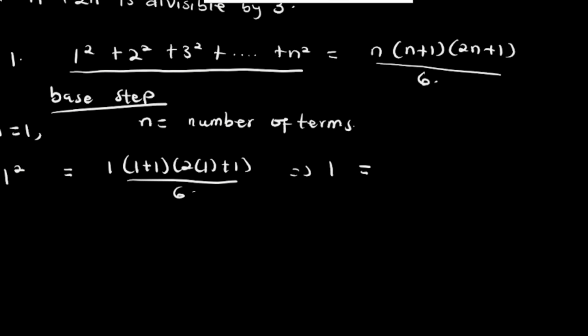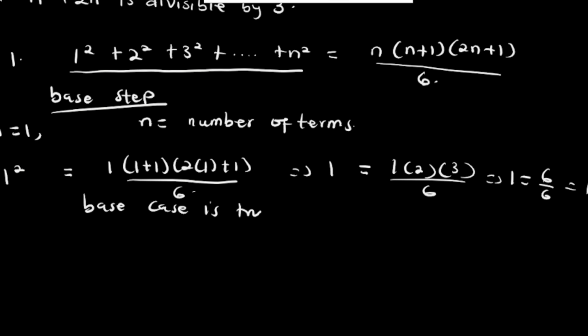This side I'm going to get 1 multiplying 2, that is 1 plus 1 is 2, multiplying 2 by 1 plus 1, that is 3, all on 6. I have 1 is equal to 1 by 2 by 3, all on 6, 6 on 6, which is 1. Therefore, 1 is equal to 1, so base case